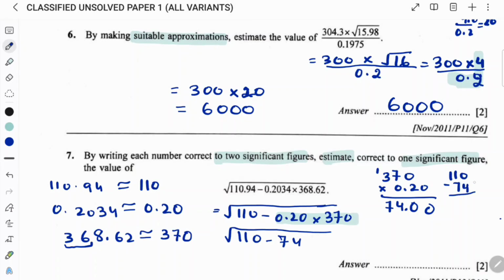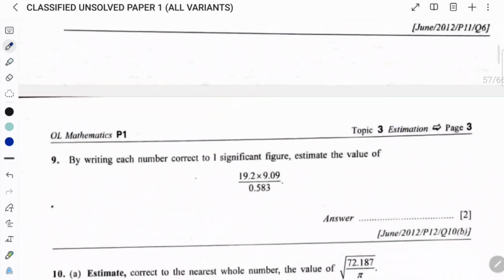So that is becoming 4. You borrow one number, so this will become 10. 10 minus 4 is 6. It was 0 because you borrowed one number. Borrow again, it will become 10. 10 minus 7 is 3, and then because you borrowed, the remaining number was 0. So only 36. So the square root of 36 will be equal to plus minus 6, which is the answer for this question. Now I'll leave a few questions here.